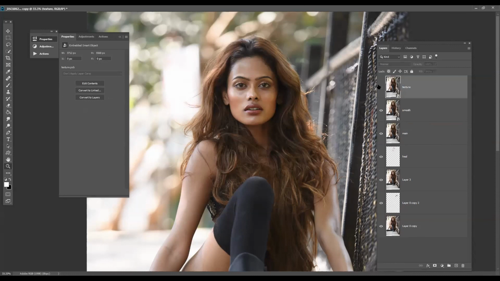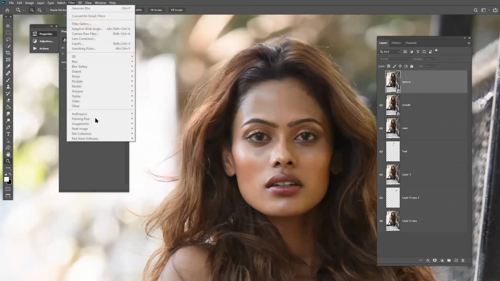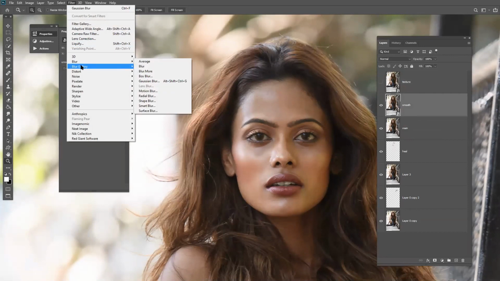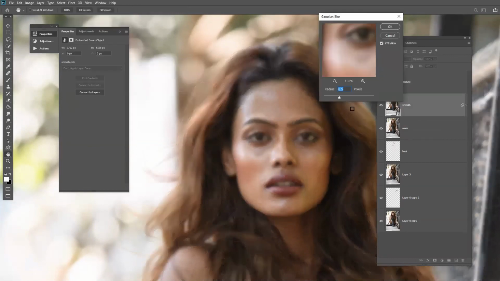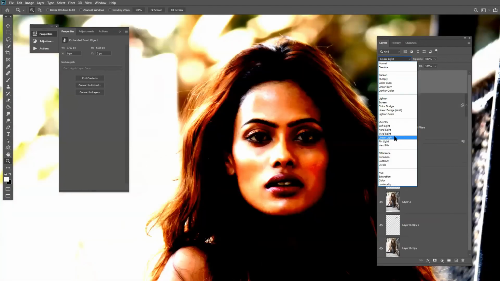Let's first switch off the texture layer and just go to filter, Gaussian blur. Okay, fine. I will go with 7 in this image. And now bring the texture layer, turn it to linear light.